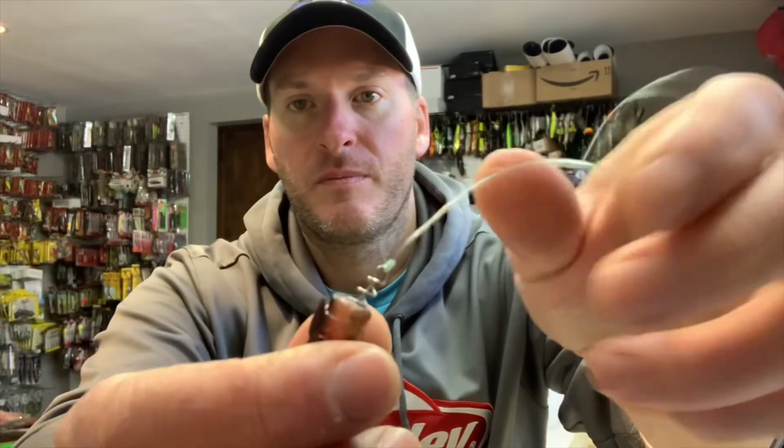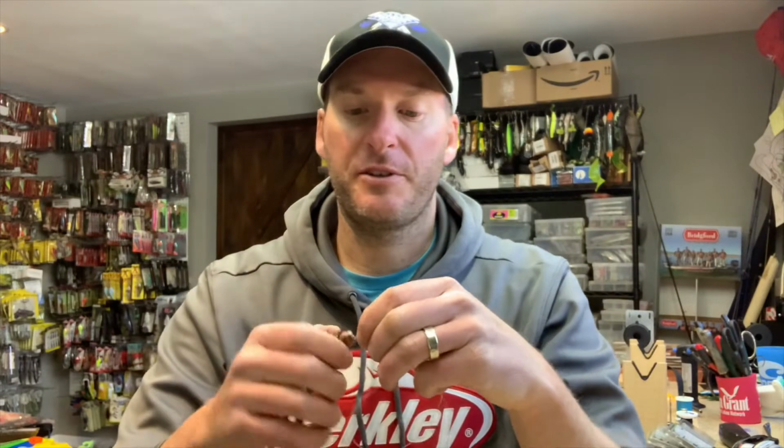For me, bed fishing is all about getting the fish to bite. It's not necessarily about catching the fish, again, unless it's a tournament. If it's a tournament, that's different. But if I'm going out fun fishing, the thrill of sight fishing is getting the fish to bite. So what I'll do is take a hitchhiker, which is just a pigtail or a screw in, and then I'll screw it in a plastic bait,